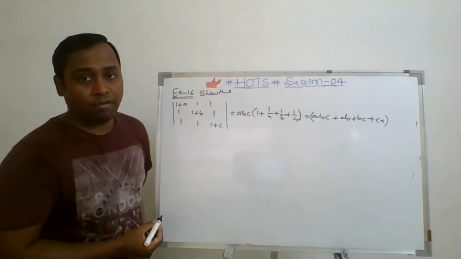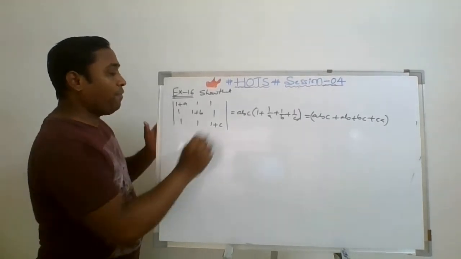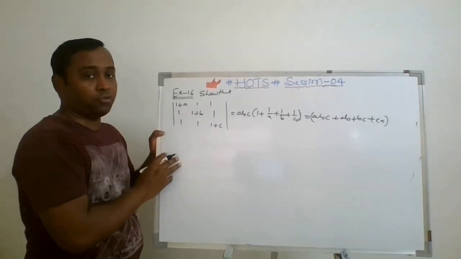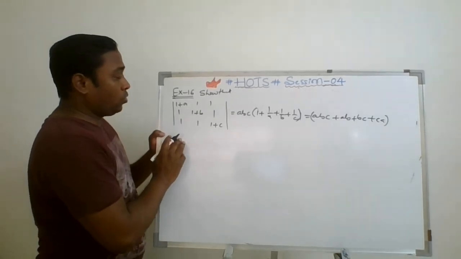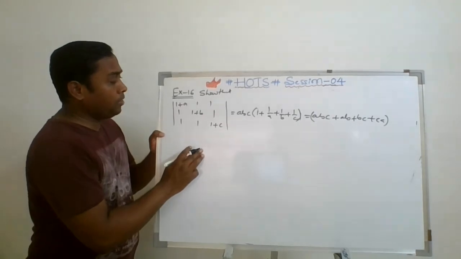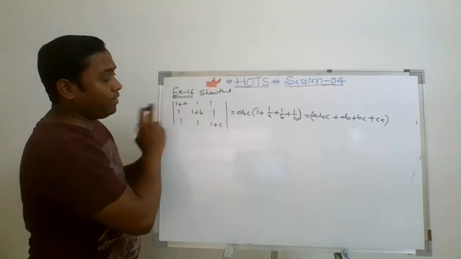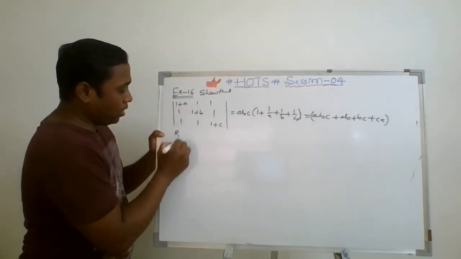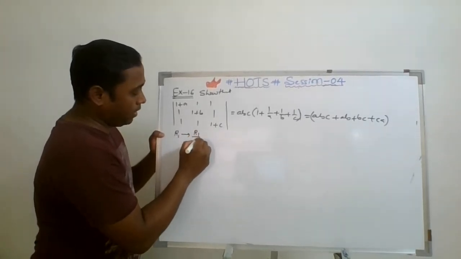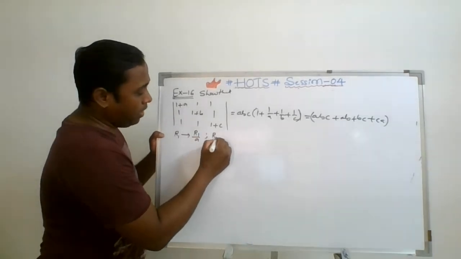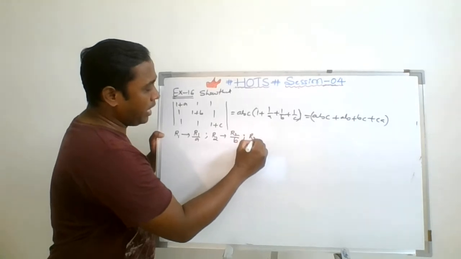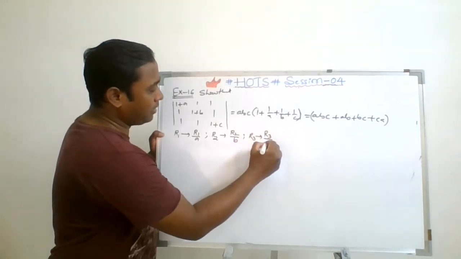But what is the extraordinary way we have? See, if I do some modification in the beginning, it would be the easiest question for us. What is that? To get 1 by A, 1 by B and 1 by C, what I am doing here is dividing row 1 by A. Row 1 is divided by A. Then I am dividing row 2 by B. Then I am dividing row 3 by C.